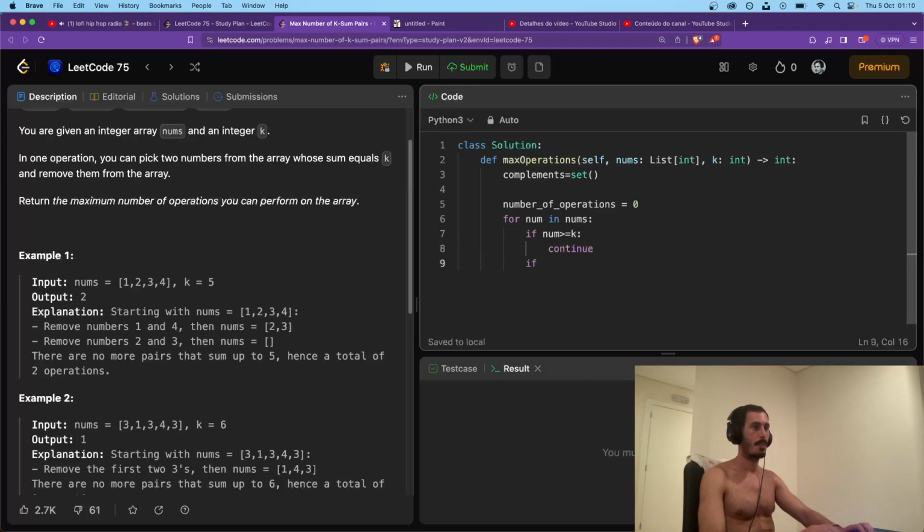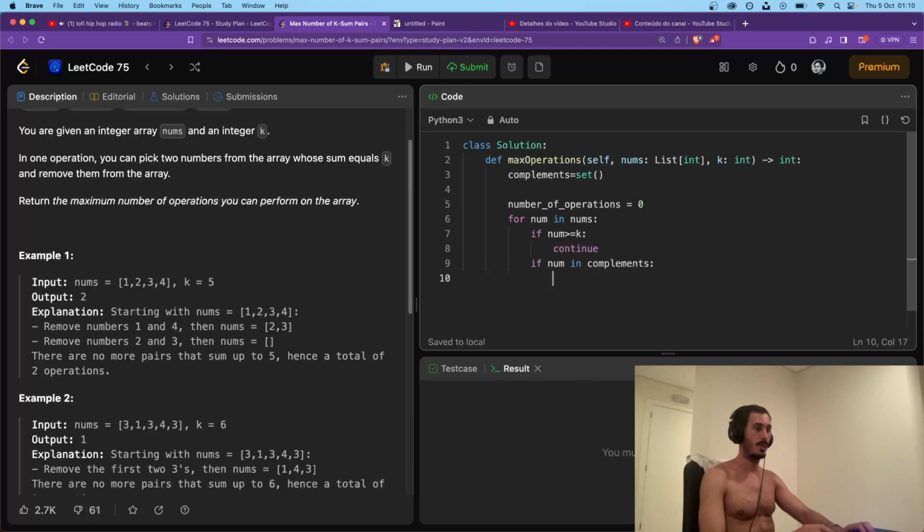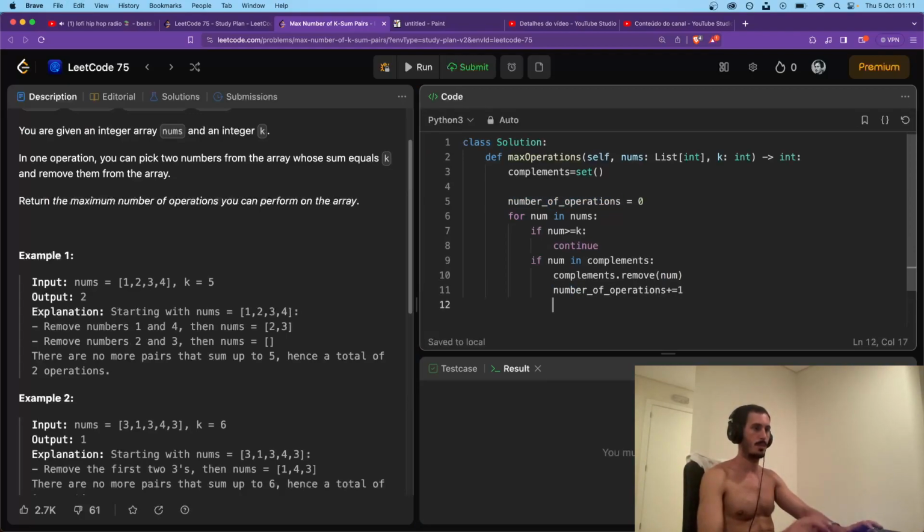If num in complements, then we do complements dot remove num, and number of operations plus equals 1. Okay, else